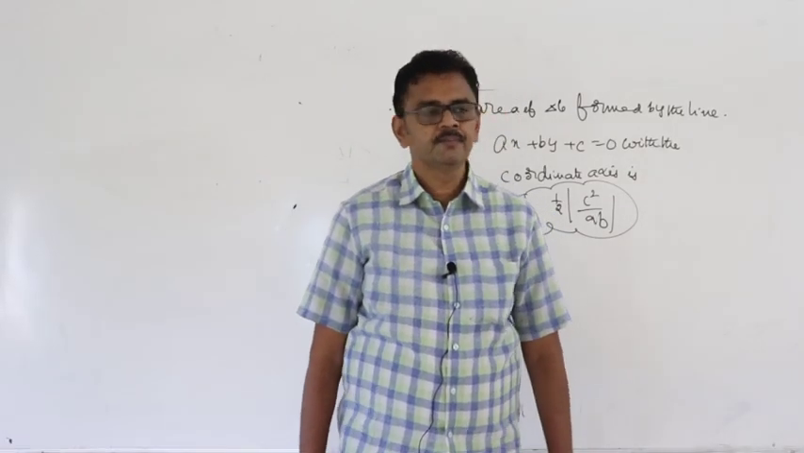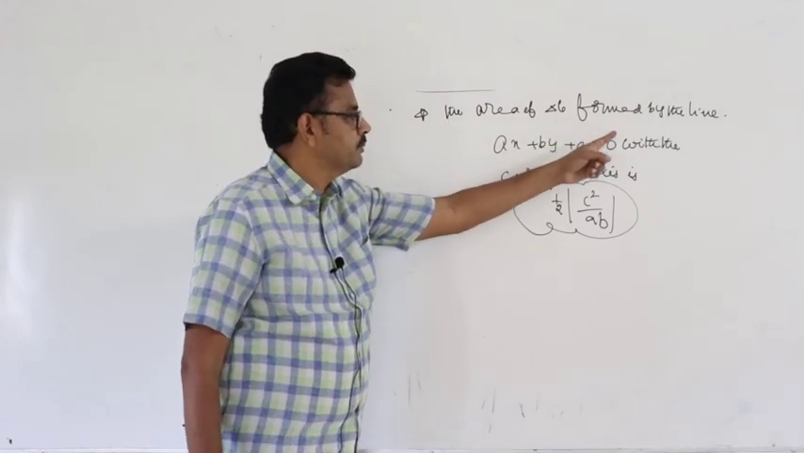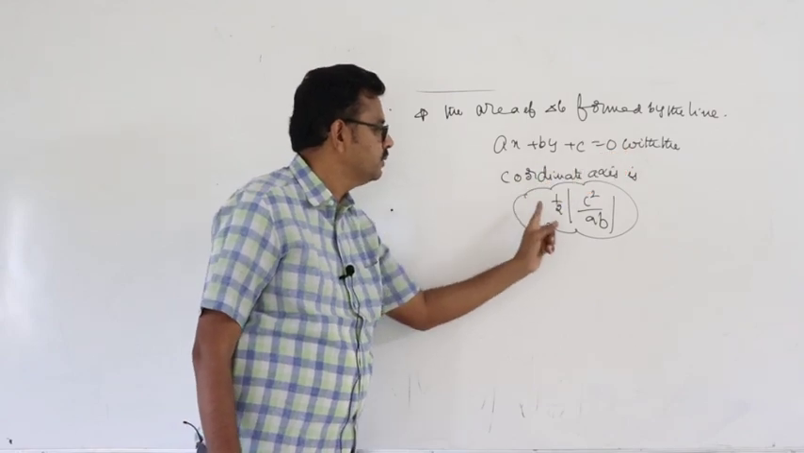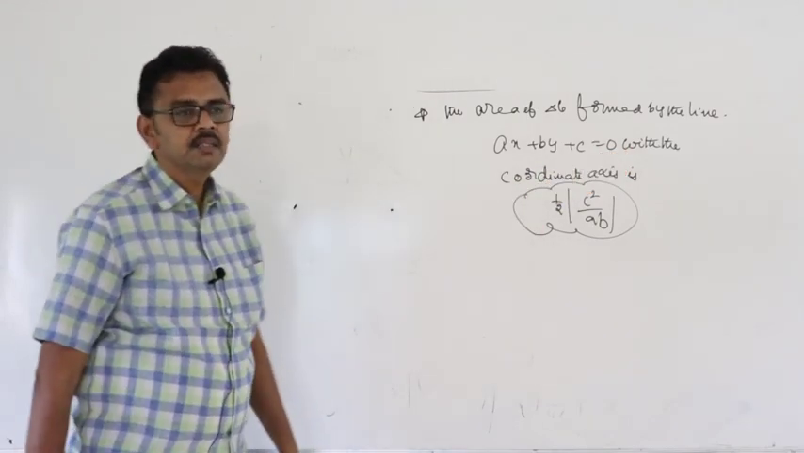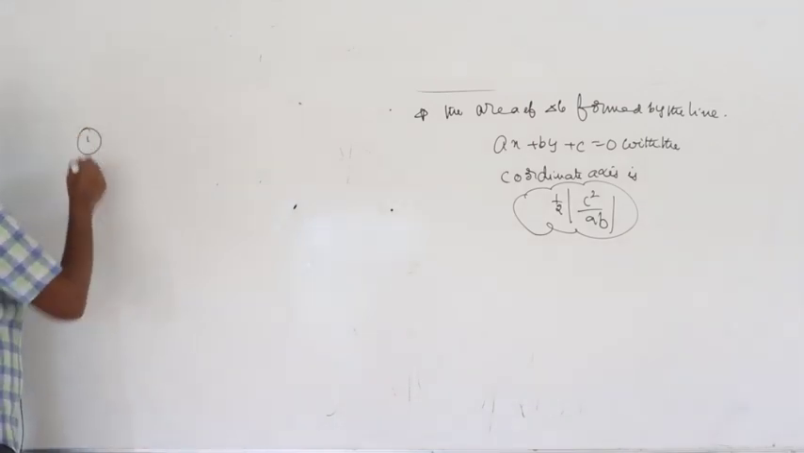Hi students, the area of triangle formed by the line ax plus by plus c equal to 0 with the coordinate axis is half mod c square by ab. Based on one example,